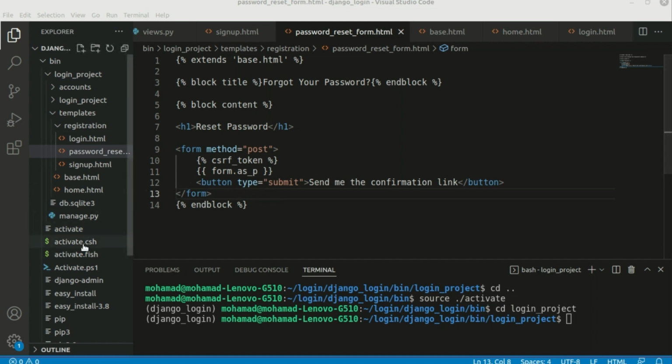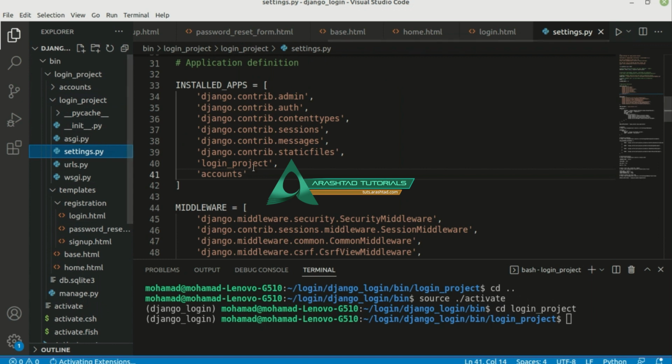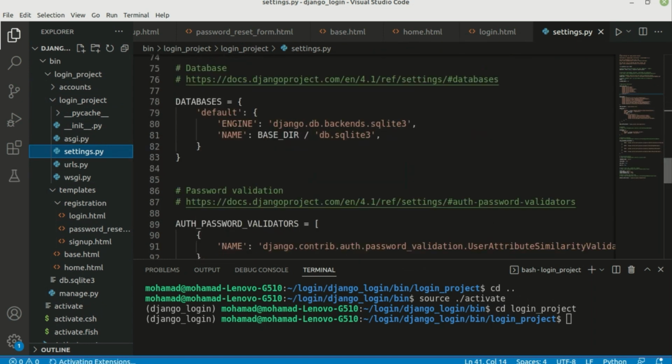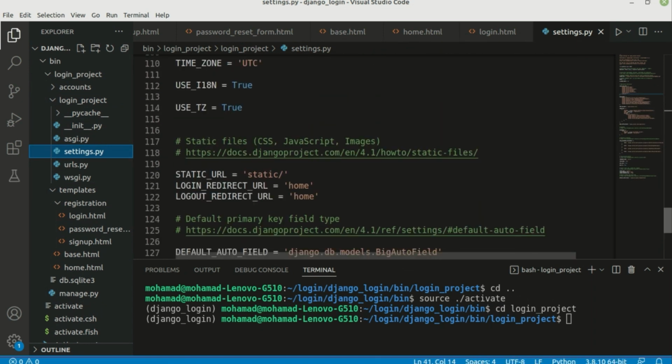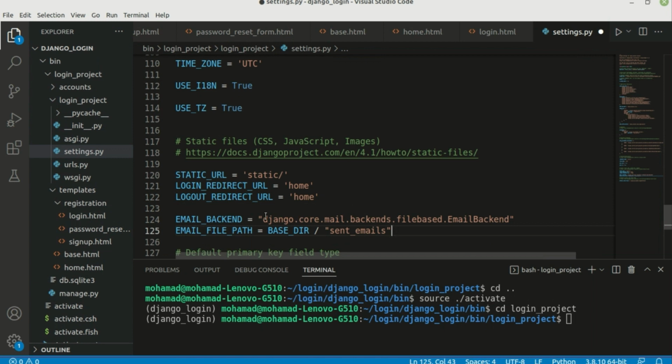So we need to set this inside of our settings.py, which is inside of the login project, and at the end of our file, after logout redirect, we can add these 2 lines, email backend and email file path,